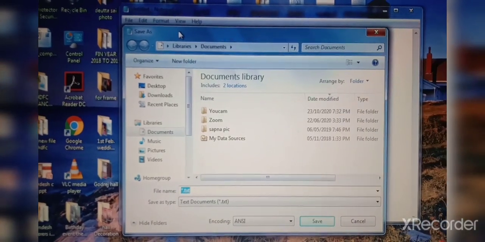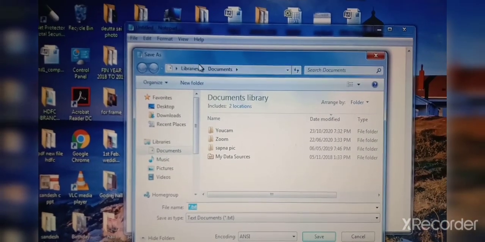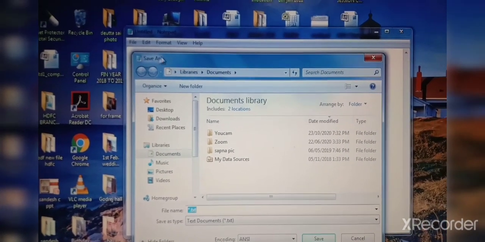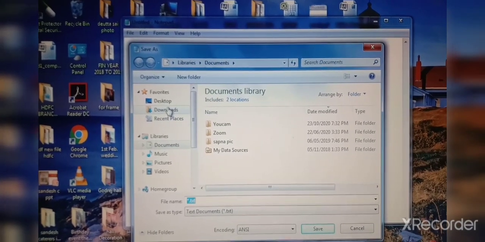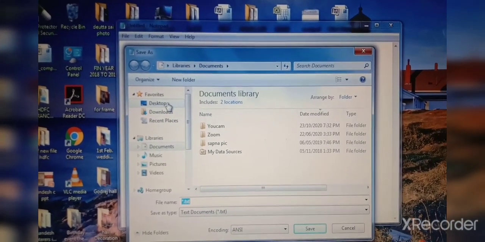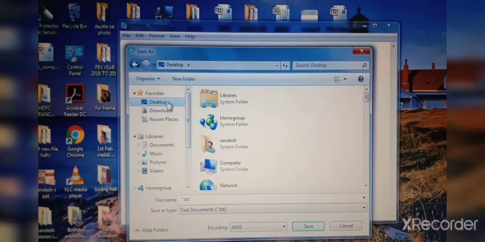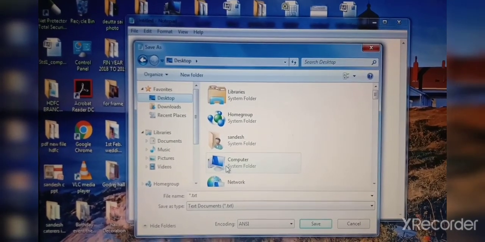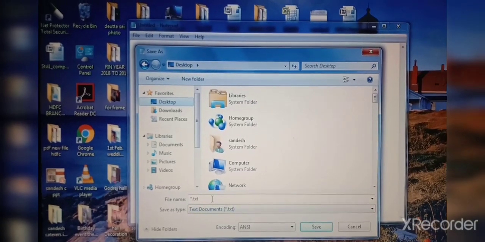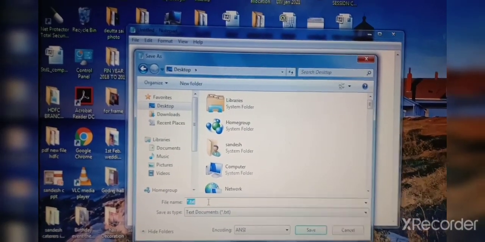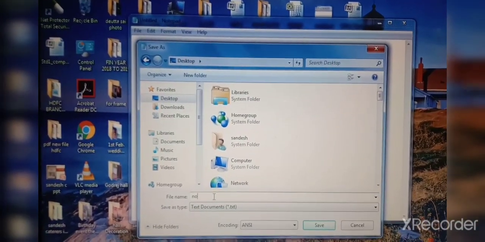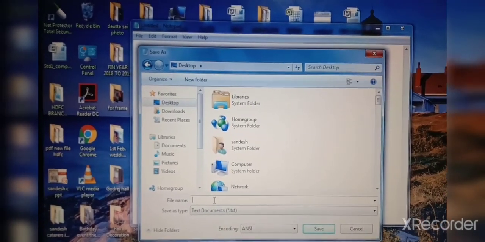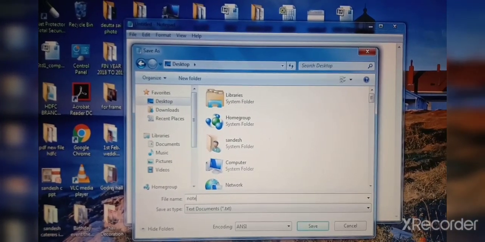Which window will you get? Save As window. In this Save As box, you can click on the desktop area where you want to save the file on the desktop. Then click on the file name and type the file name. Suppose I will give the name, this Notepad.